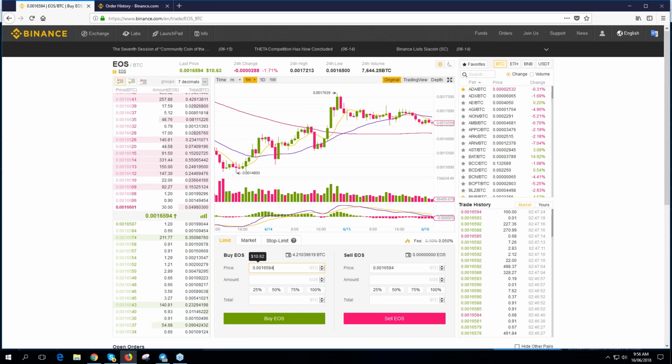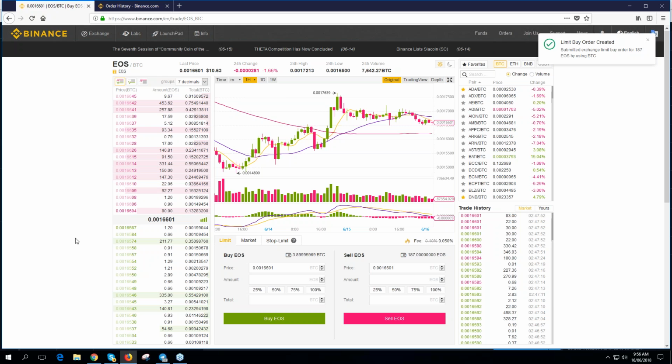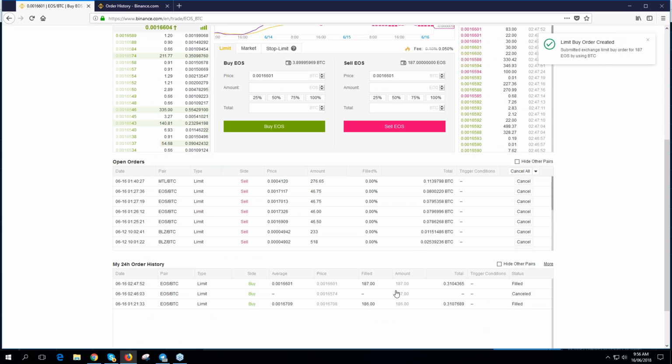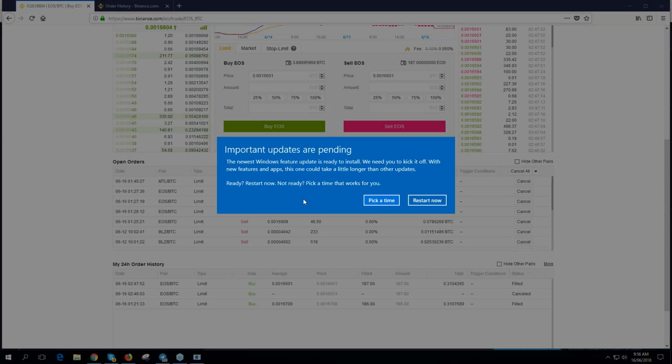And we're still well below the price that they said. So let's do 16,601. And I want to buy 187. So let's see how many I can fill. Someone's selling 30 here, but you never know. You can pick up and see my order was submitted for 187 at that price. And if we look here, boom, it filled. Look at that. See there? I told you we could just,